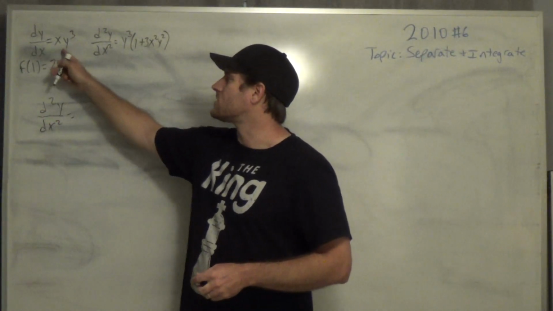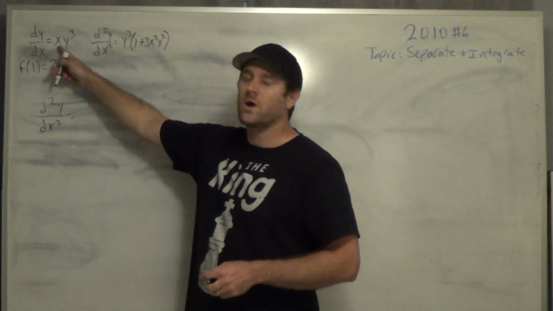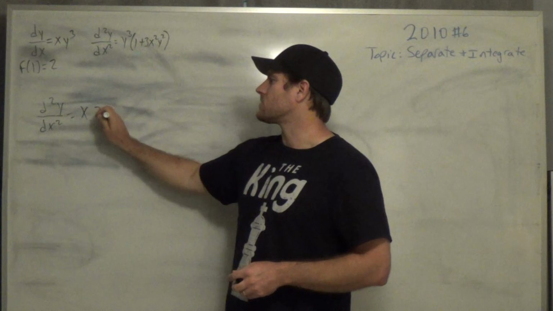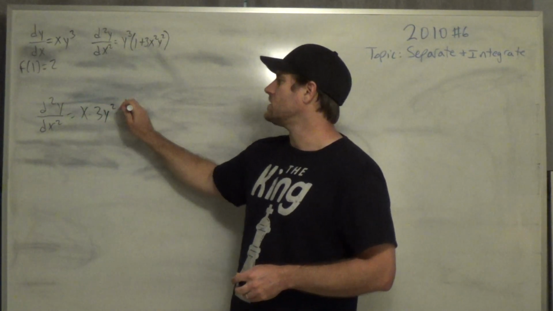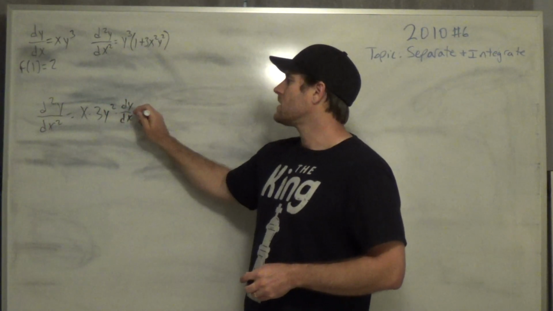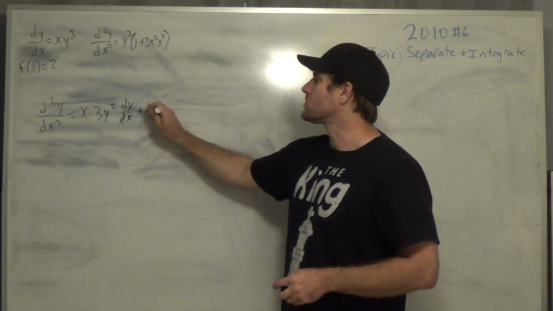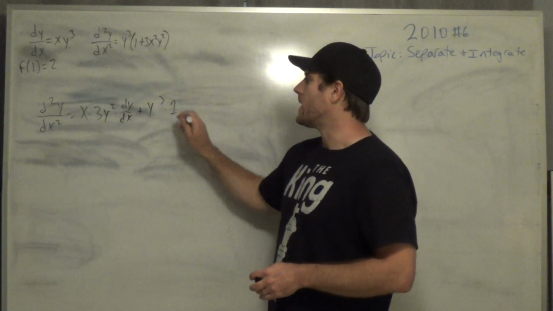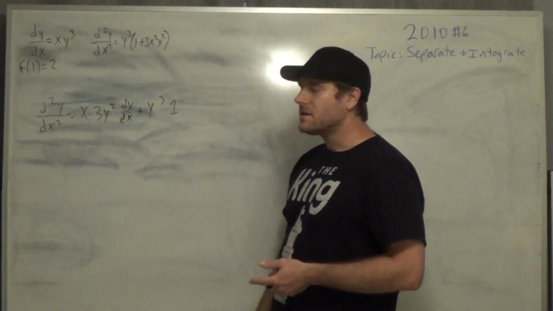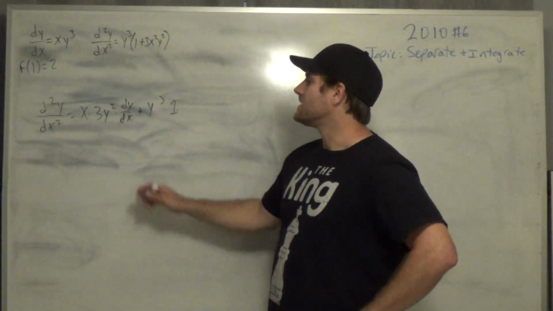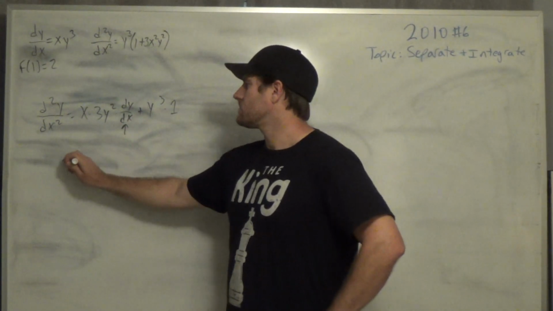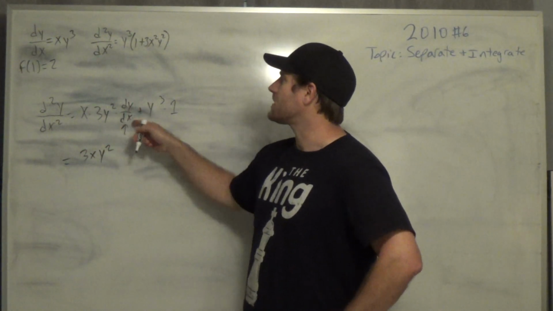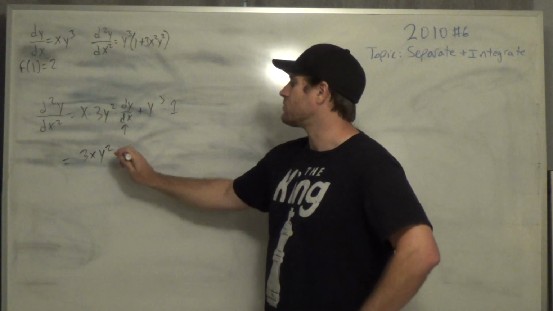If somebody said to take the derivative of this, you'd have to do the product rule. You'd have the first piece times the derivative of the second piece. The derivative of y to the third is 3y squared times the chain, dy dx, plus the second piece, y to the third, times the derivative of that piece, which is 1. And then you would have to go back and substitute that. So here you can see right now we have 3xy squared, but if you replace dy dx and put it here,